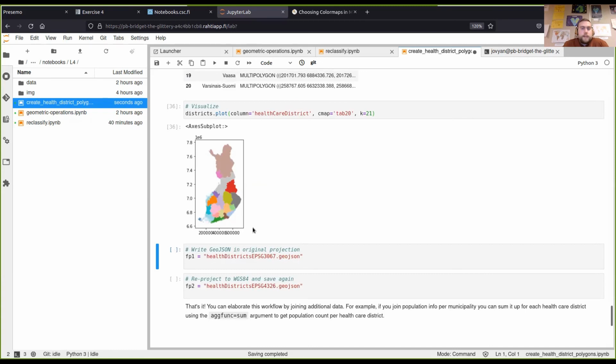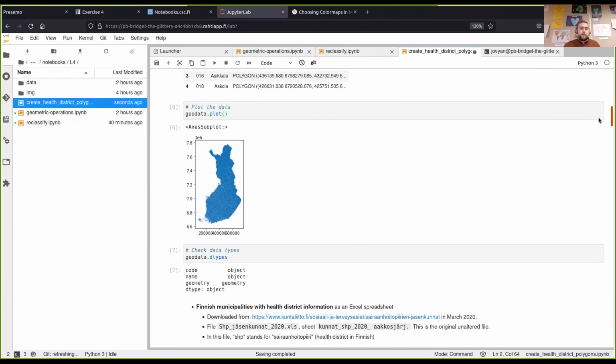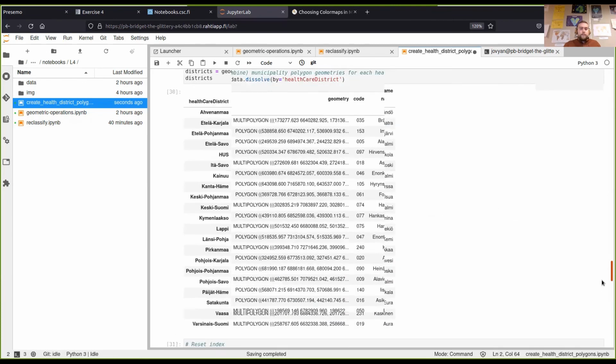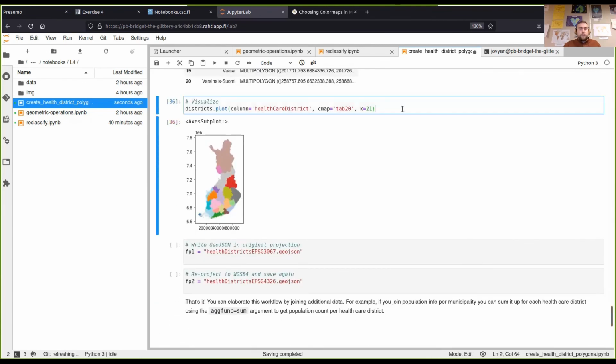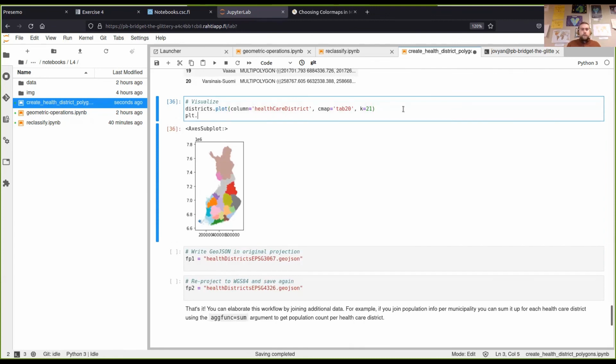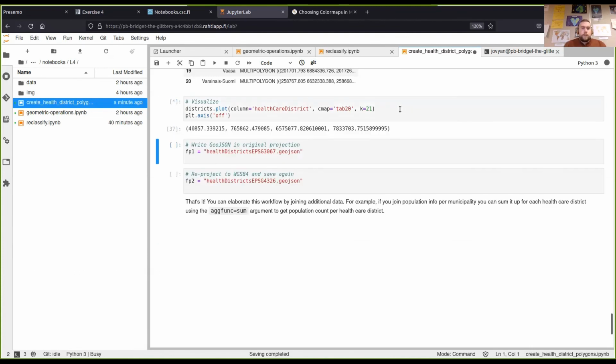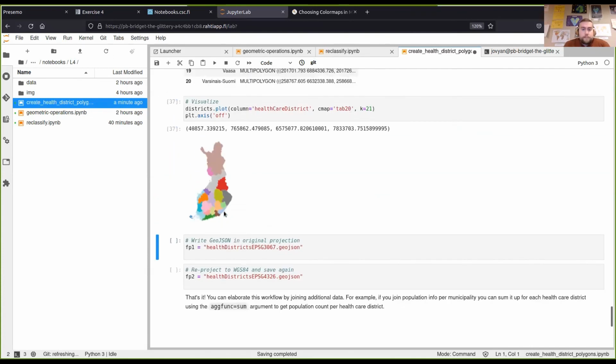And we can indeed see that our different districts are plotted and look different from our initial municipality data that we saw on top here. So that is good. We can even remove the axis just to make it a bit clearer. Okay,